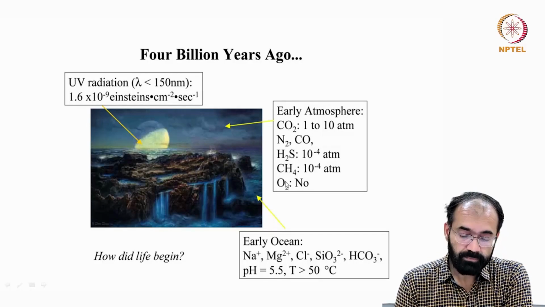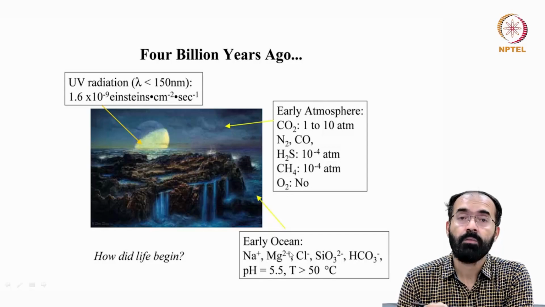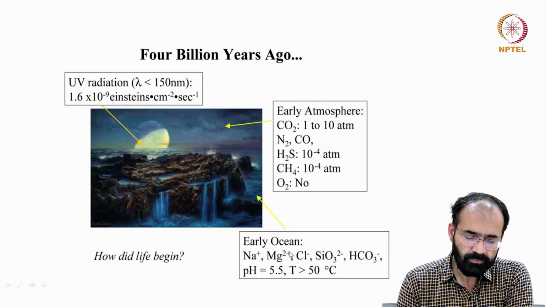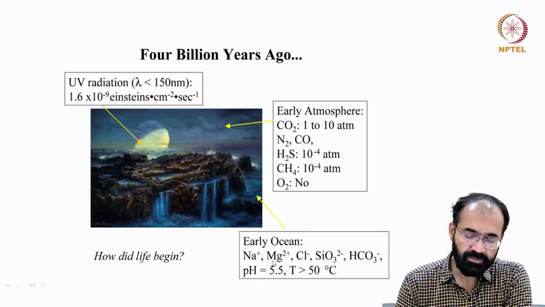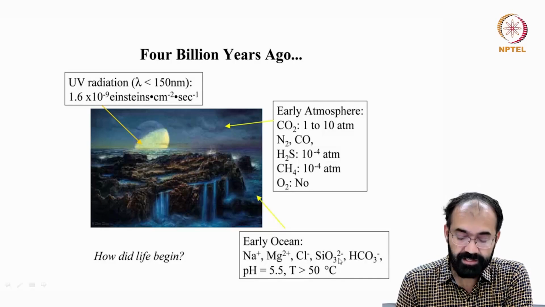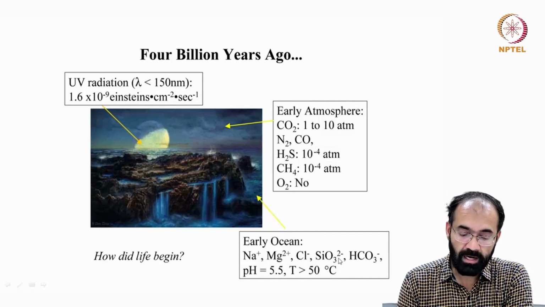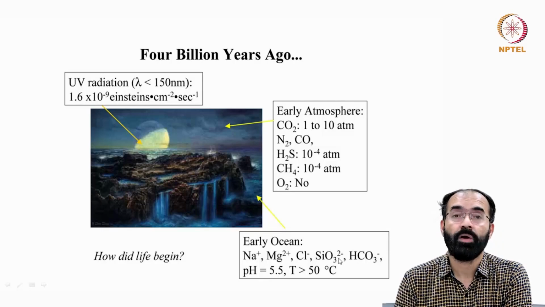Now let us think about the early ocean. What are the points that contributed to the production of ions? Various ions that were present in the ocean water also could have contributed to maintaining the proper pH for biological reactions, and the hydrothermal vents also allowed the temperature to be kept quite high.